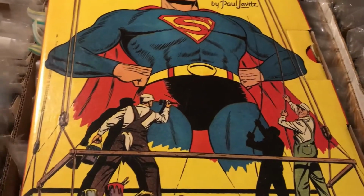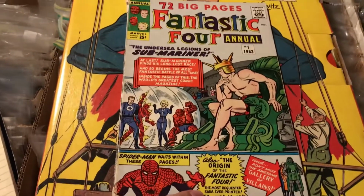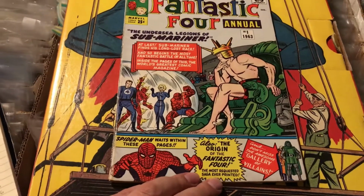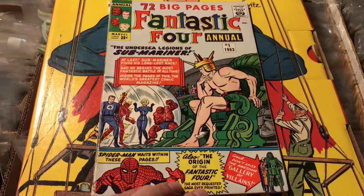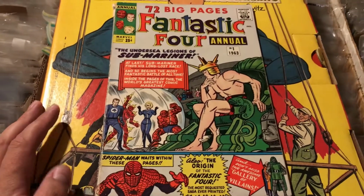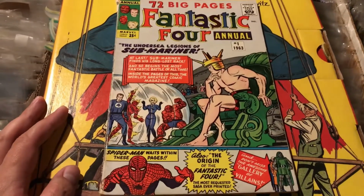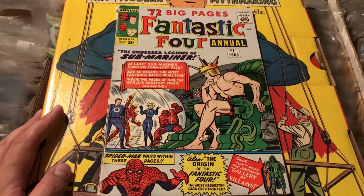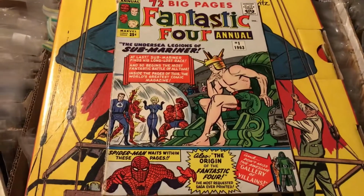Next up is Fantastic Four Annual number 1, 1963, from Marvel, of course. This one's special because this is one of the first really old comics that I bought that were really special, and I got a good deal. This one I stumbled upon at a little flea market. It was one of those weekend kind of flea markets at some festival, and the guy had a bunch of other old comics I bought. This one he had behind his table,